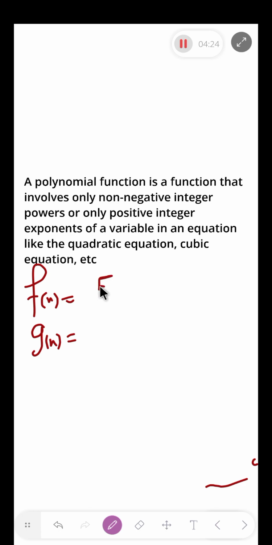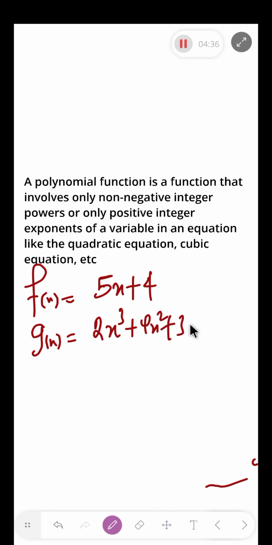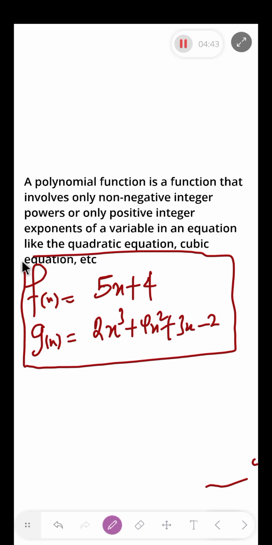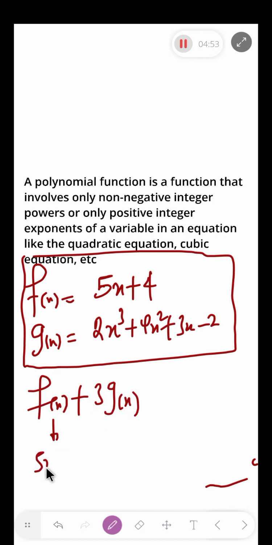So in this case, whenever you are dealing with polynomials, you'll be given a function f of x, and you'll also be given another function g of x. Suppose f of x is a linear expression, which is 5x plus 4, and g of x is a polynomial expression, which is 2x cubed plus 4x squared plus 3x minus 2. Then in this case, I may decide to ask you to find f of x plus 3g of x. And you know what this means? What is f of x? That's 5x plus 4. And what is g of x? g of x is 2x cubed plus 4x